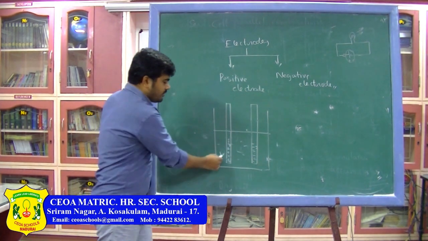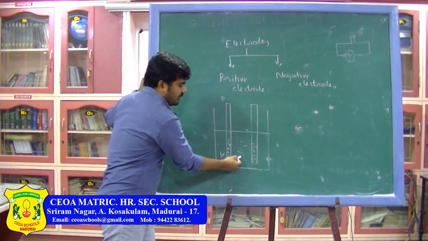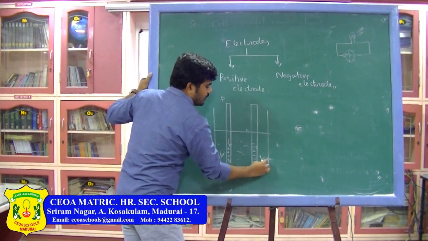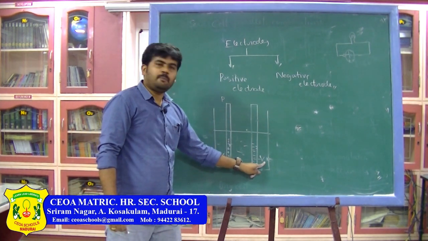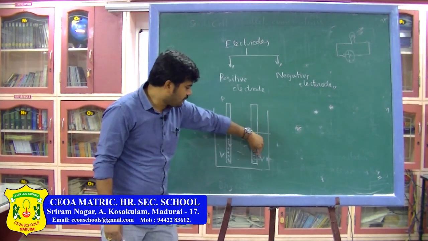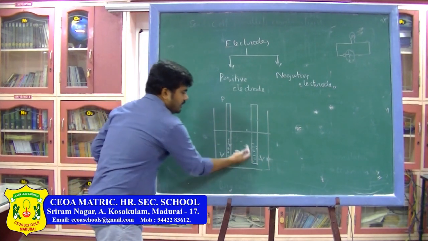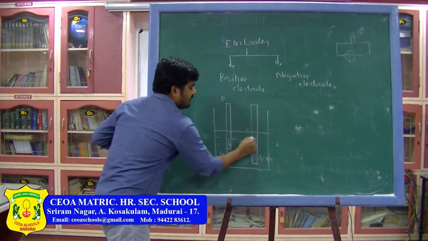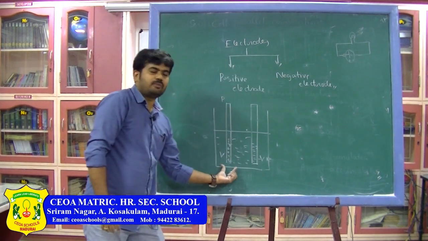So V is the potential difference between the rod P with respect to the electrolyte solution. At the same time, this rod will be at a negative potential because there are negative charges. So I can say negative potential minus V, means this rod is at a potential difference minus V with respect to the electrolyte solution next to it. After some time the electrolyte solution will reach a constant potential after completing that deposition of ions on both sides, so that there will be a constant potential difference between the two electrodes.